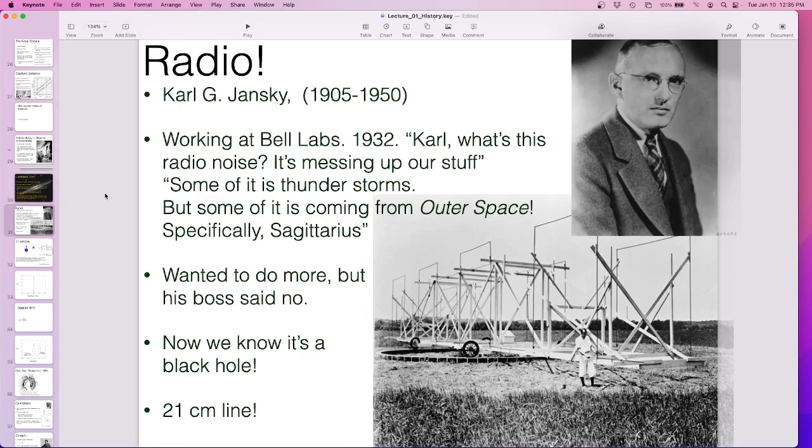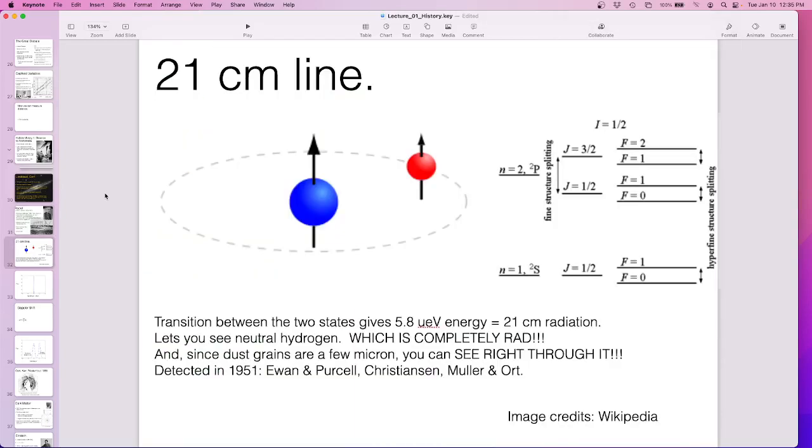He also developed something called the 21 centimeter line that I'm going to talk about a lot. Let's talk real quick. I'm trying to not get too deep into physics weeds today because I know everybody's brain is just getting started. So the 21 centimeter line is really important, and I'm going to talk about it a bunch because of its importance. Let's talk about what it is right now. If I have neutral hydrogen, which is what most of the universe is made of, neutral hydrogen is a proton and an electron.